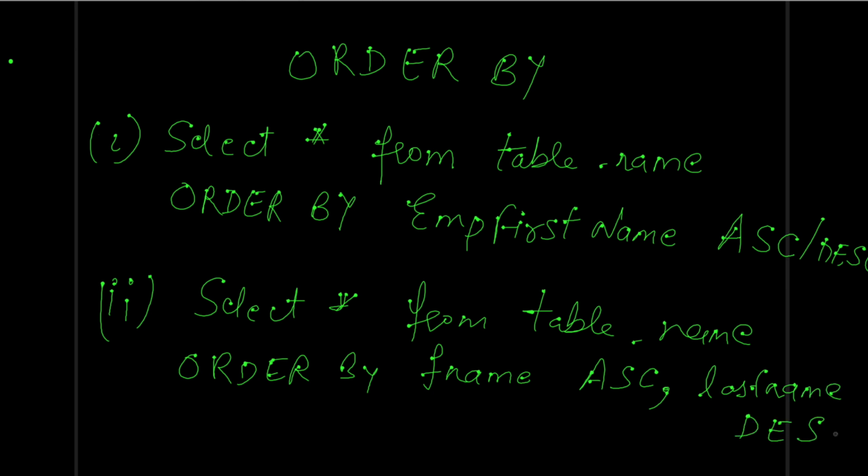How it will sort the data? It will first sort the data based on the first name in the ascending order, and then it will sort the data based on the last name in the descending order. So let's try both the ways to sort the data in our SQL Workbench, and we'll execute the queries and